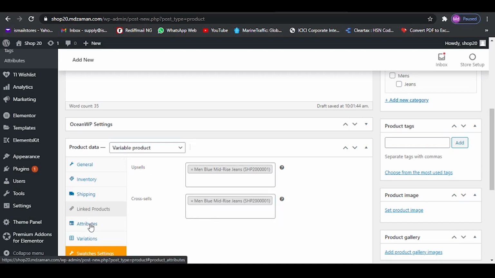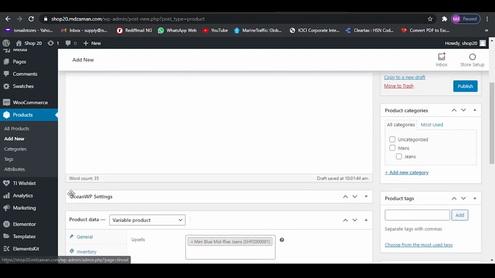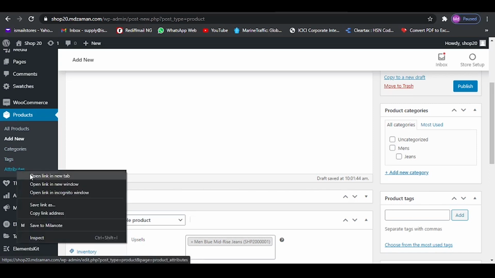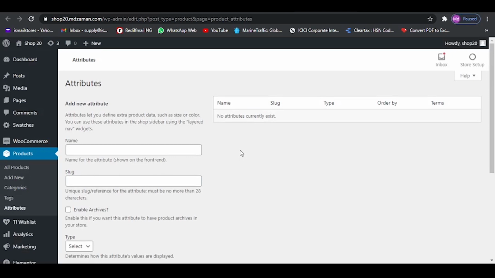But before we go to this attribute, there are a few settings which need to be done because we want to use swatches. So scroll up, you'd find attributes as a sub menu of products. So click on it and let us open it in a new tab. Go there, and over here you'd have to mention all the attributes that you can think of which will differentiate your products. So first of all, we are going to add colors,